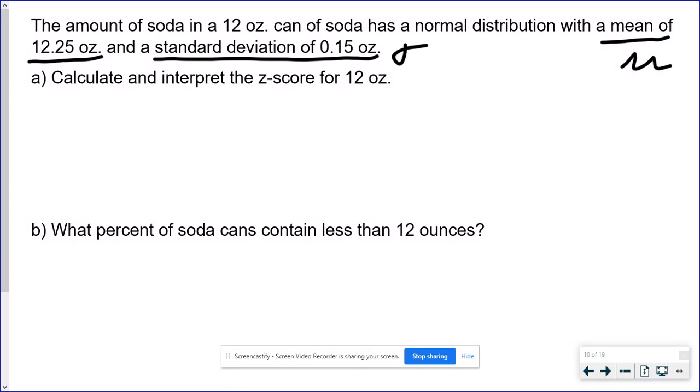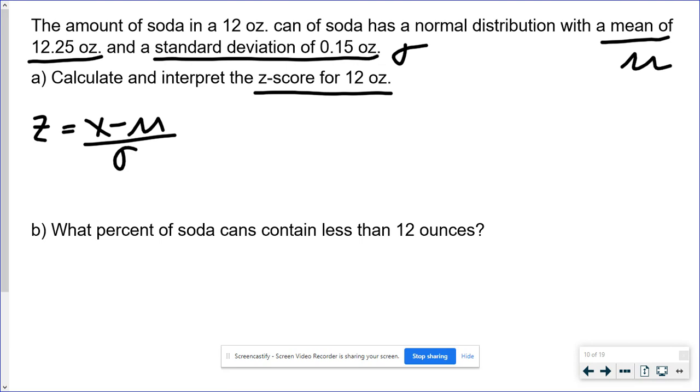First, we're just going to find the z-score for a can that is actually 12 ounces. So basically what this problem is saying is that even though it says 12 ounces on the can, it may not be exactly 12 ounces. It's saying that the average can is going to be 12.25 ounces and it has a standard deviation of 0.15